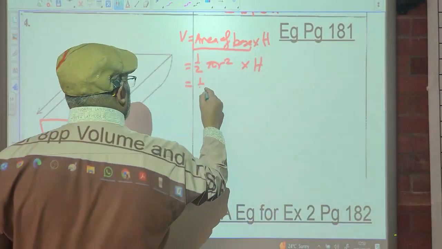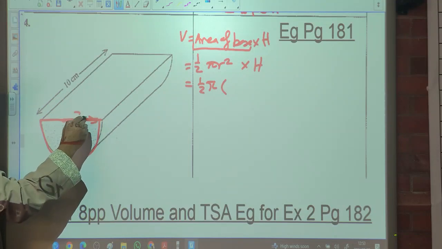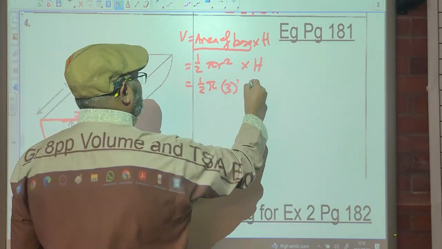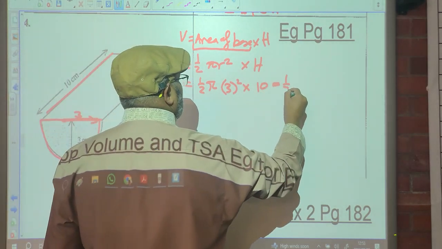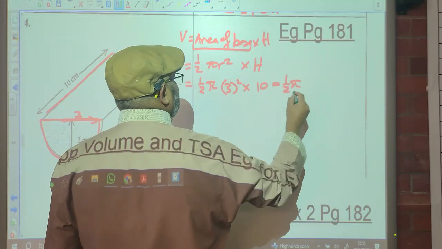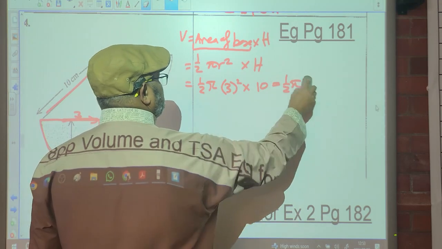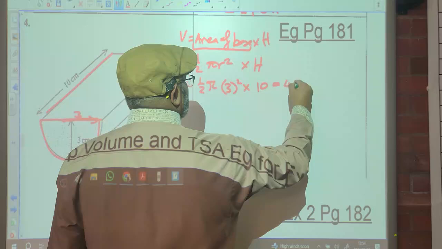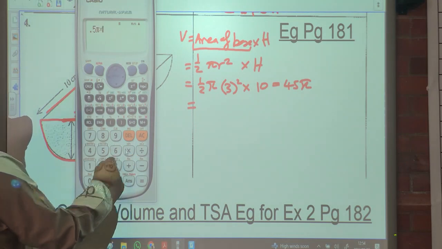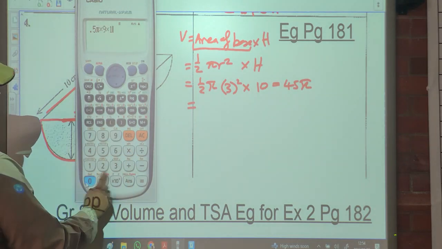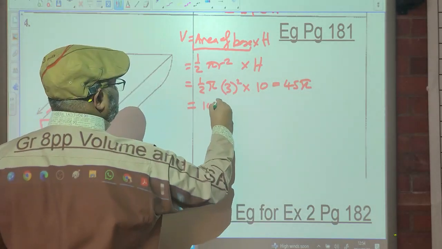So let's go. It's going to be half pi. What's the radius of this? Now the radius from center to circumference, which is 3. So it's going to be 3 squared times height, which is 10. You guys see that? So it's going to be half pi. 3 squared is 9. 9 times 10 is 90, divided by 2 is 45 pi. 45 pi is the